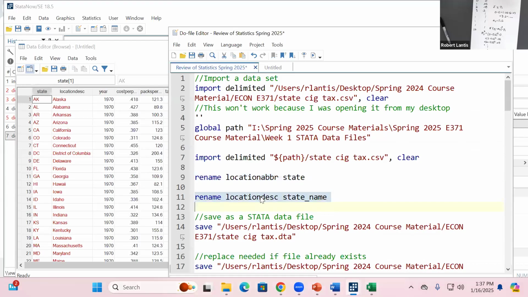I could rename other variables, right? And I wanted to make this point. Let's say I've got the second variable, which was location DESC, and that's the actual name, so I want to call it state name, right? Well, if I try to use spaces here,